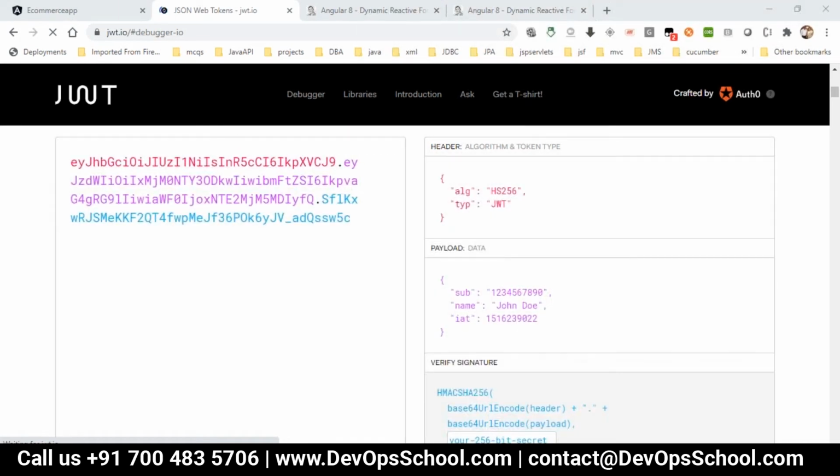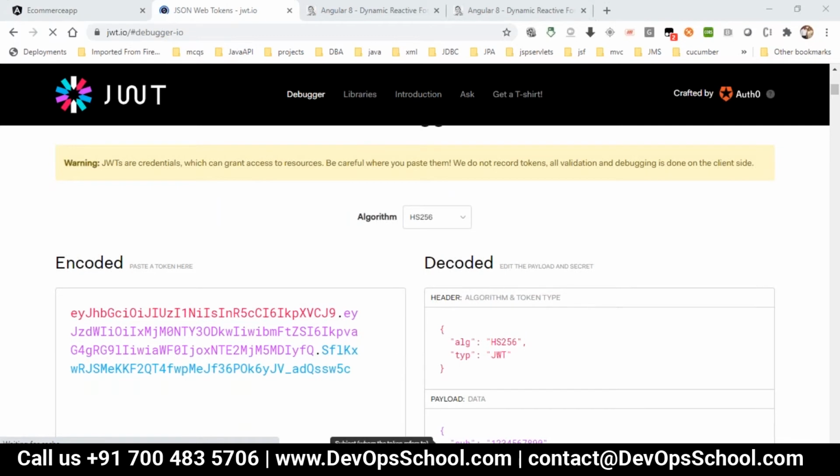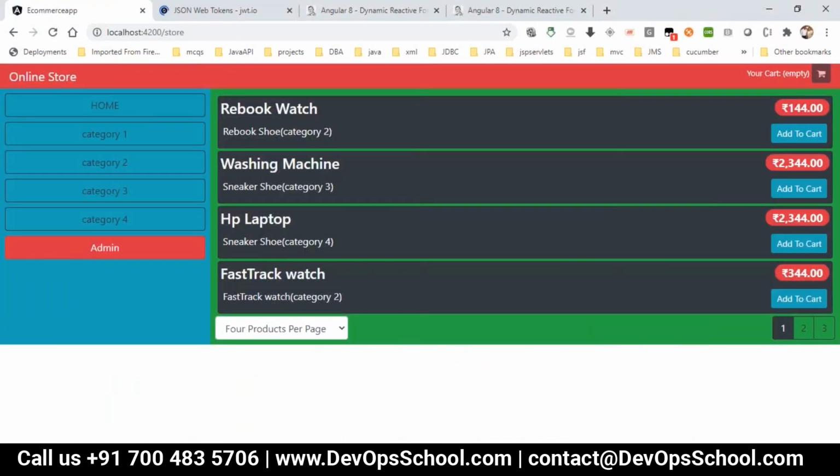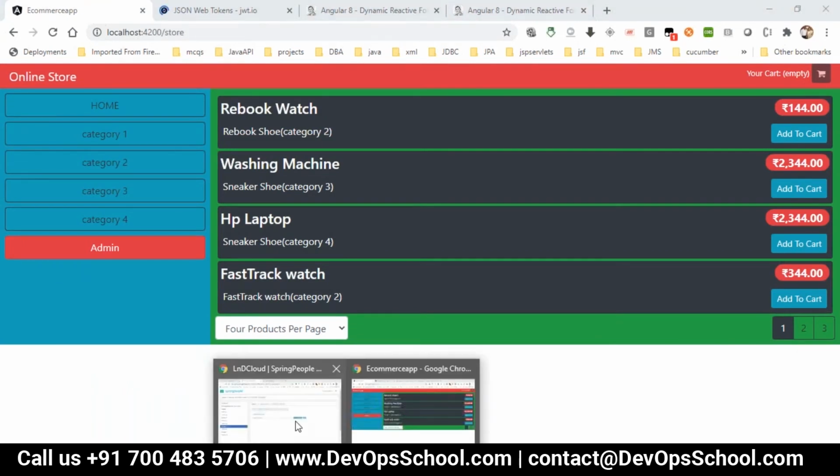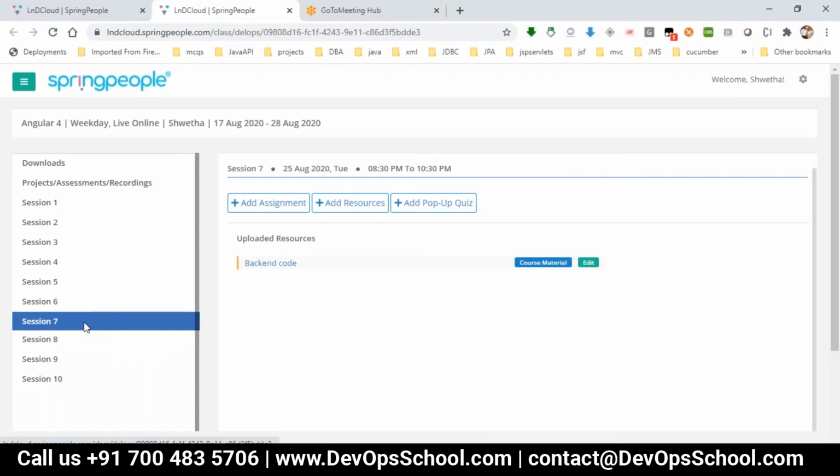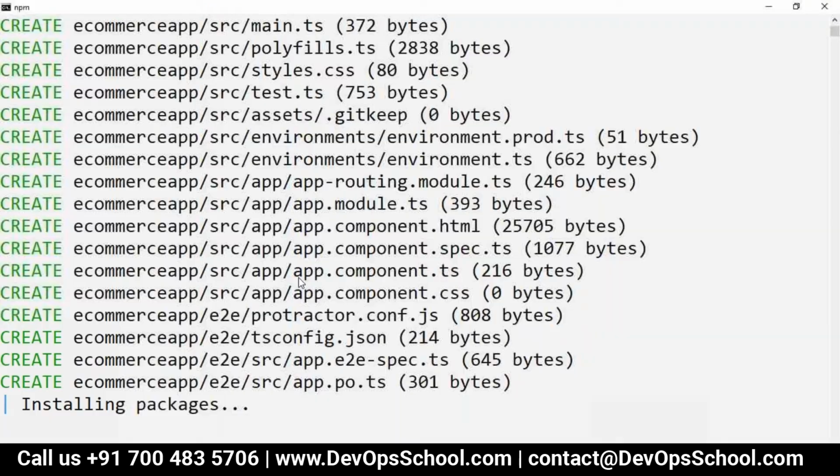Completed. Done. Okay. Now, we have only created one new project to make this kind of application. I already uploaded the simple fake backend, in session 7. You can download that. We just kept this for the project creation.